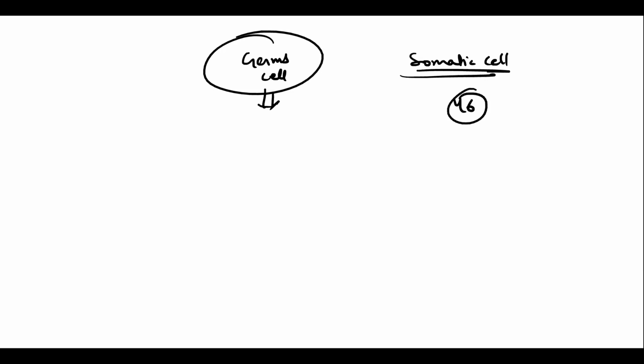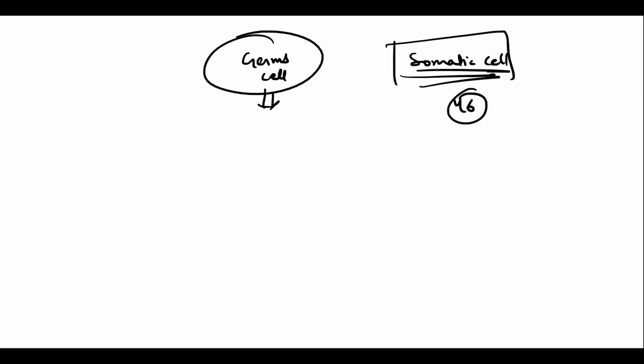No, because the tail is made of somatic cells. Do the tail cells participate in the process of reproduction? No. So it means that if a person's somatic cells are being affected due to some reasons, maybe due to some disaster or some accident, because somatic cells do not participate in the process of reproduction, we will simply say here that